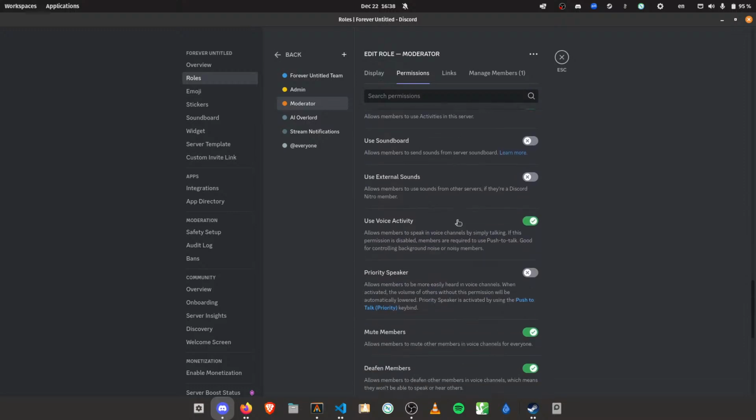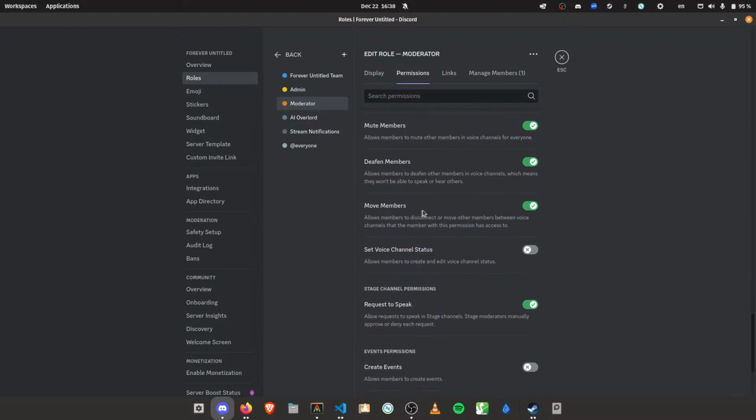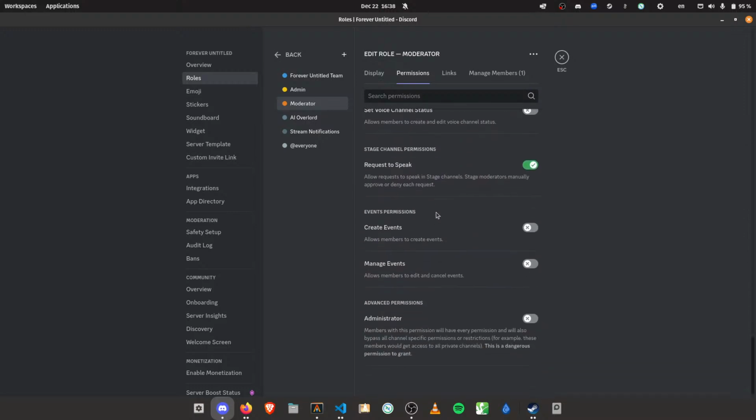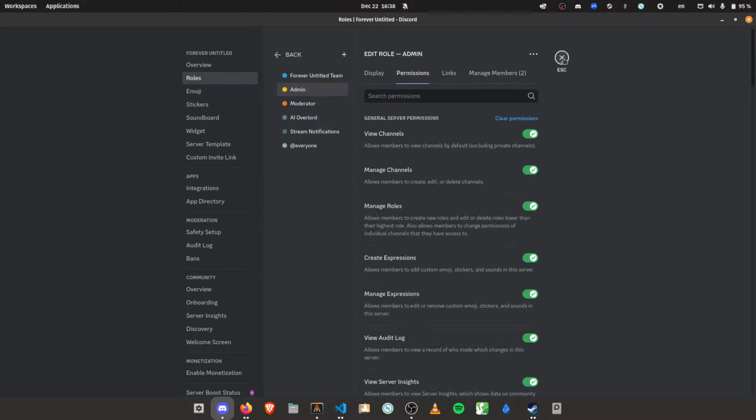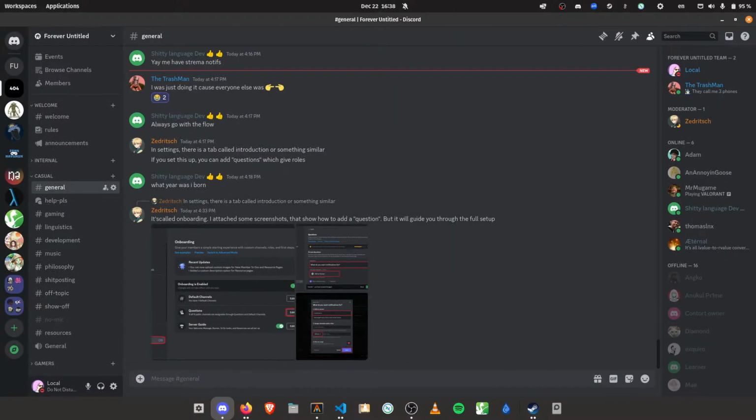You can do all this stuff. You can mute and deafen people, that's cool. You don't have any admin permissions though. So maybe we can make you an admin and then you'd have admin permissions. Wow. Dangerous permission to grant. I could do it. I could maybe do it. We'll think about it. You're at least a moderator. We'll give you halfway permissions, and if I need your help so much that I don't want to do it myself, we'll make you an